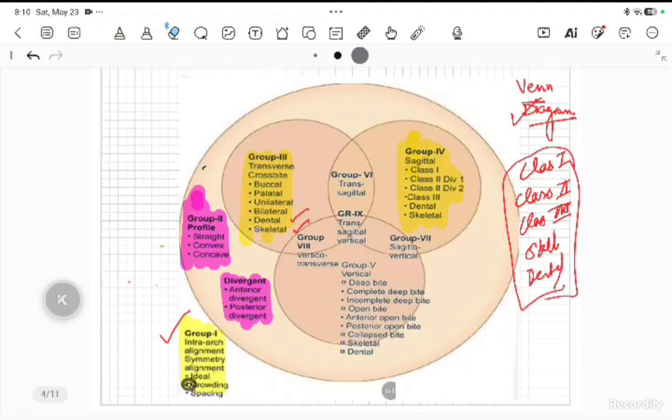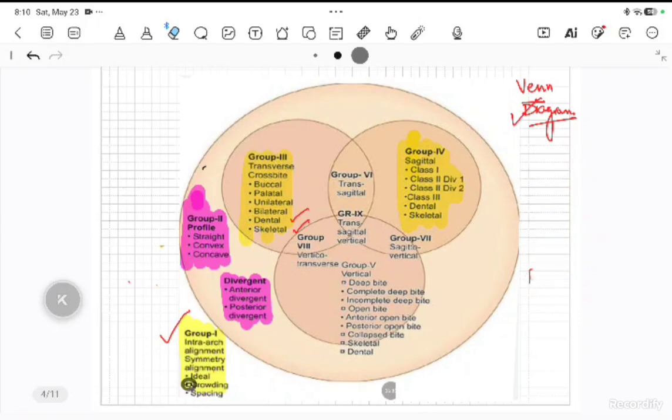You have to write all of these things while taking the case history. After 4 comes 5. 5 is nothing but the vertical malocclusion in the patient. Vertically you will see whether the patient has a deep bite, a complete deep bite, or just an incomplete deep